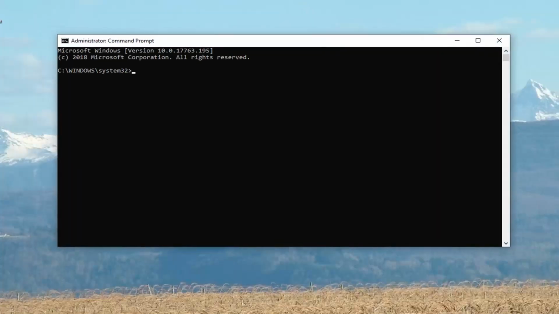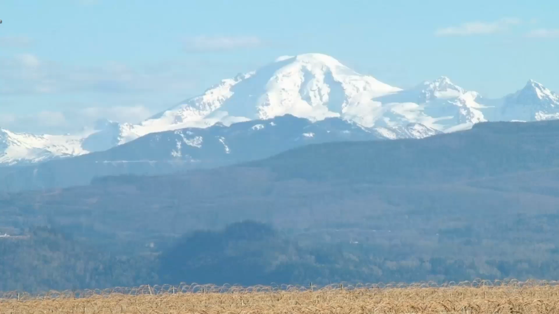Now in this elevated command line window, you want to go ahead and type in ipconfig, exactly as it appears on my screen. So again, ipconfig space /flushdns. Hit enter on your keyboard to run that, and then it should come back with successfully flushed the DNS resolver cache. Once you're done with that, close out of here, and restart your computer,